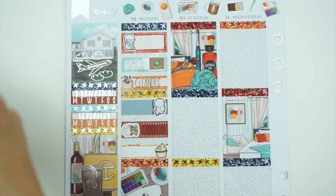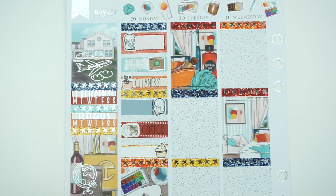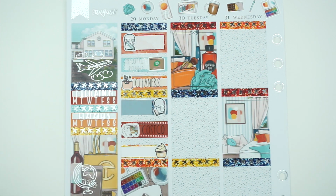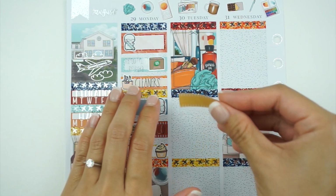So far so good. So on Tuesday I dropped off one final thing to the dry cleaners because we needed a bunch of stuff dry cleaned. And instead of making one trip like an organized person, I made like 5 different trips. So